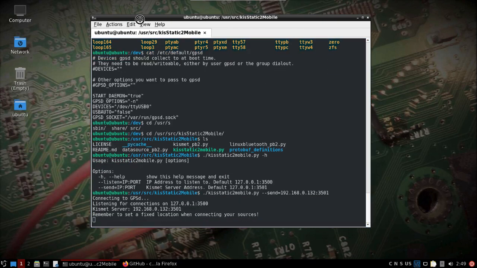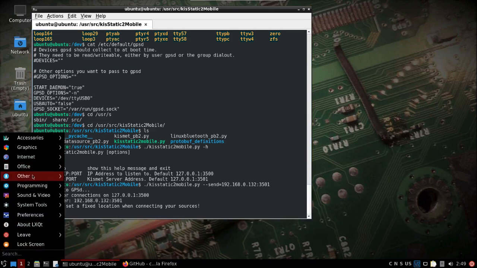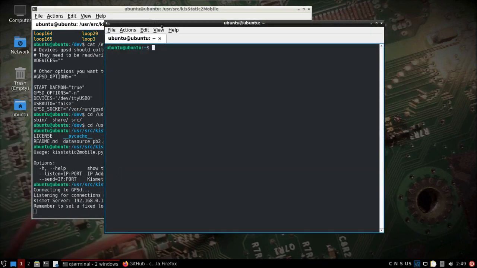So that's going to connect to GPSD and it's going to listen, and then it's waiting for us to start up a remote capture tool on the Pi. And I'm just going to stick with something simple here. The Pi has Bluetooth on board. Unfortunately, for the wireless device, I don't have the Nexmon patches working, so you would have to plug in a USB device and figure out what interface name that wireless device is. But for the sake of this, we're going to do Kismet Cap Linux Bluetooth,